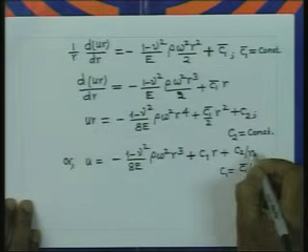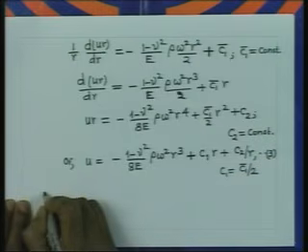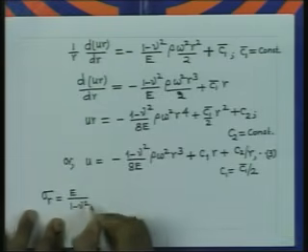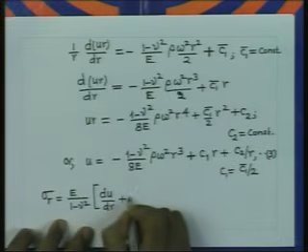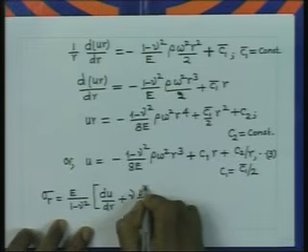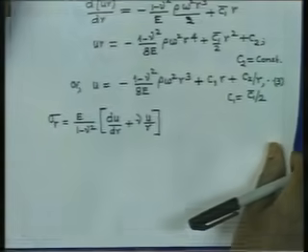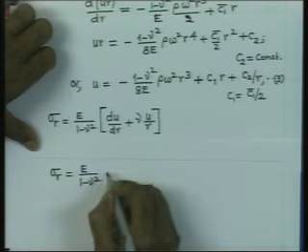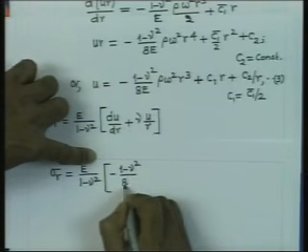So, let us now calculate. This is equation number 3. So, if we now calculate sigma r, which is E by 1 minus nu square, du dr plus nu times u by r. So, let us now substitute the value of u in this relationship. This will give E by 1 minus nu square, this is (1 minus nu square) by 8E,